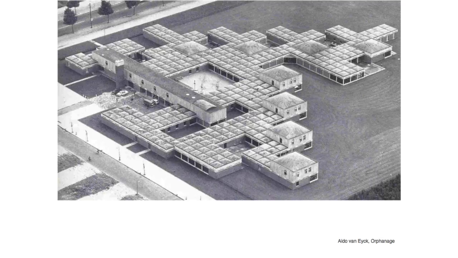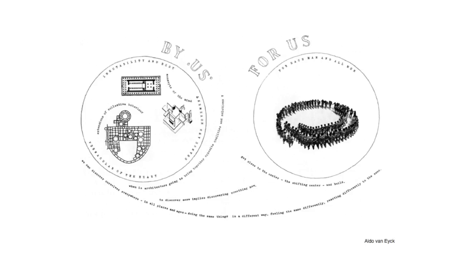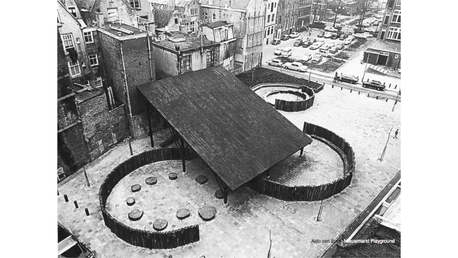This is Aldo van Eyck, the great Dutch hero, Habraken, who thought about the relationship between the overall structures and the flexibility of the inside. But you also saw that in that search for this complexity, people traveled to Africa, people tried to think about the human aspect. But in the end, you saw that the design as we know it, the use of form, started to be